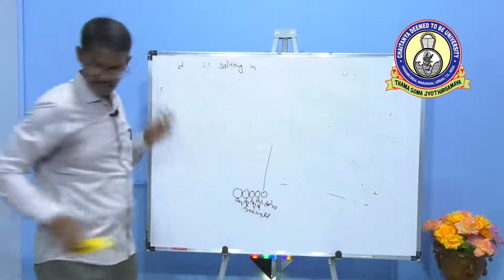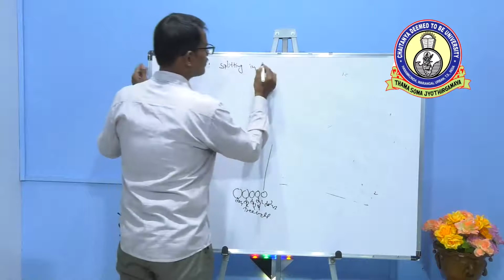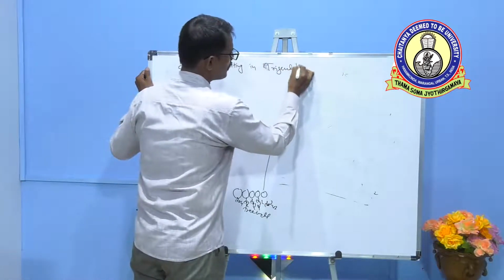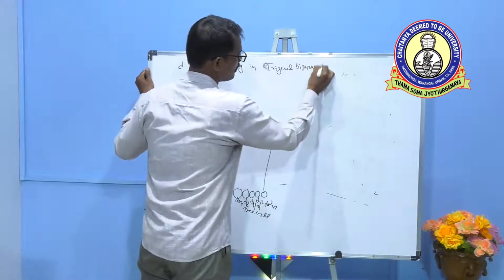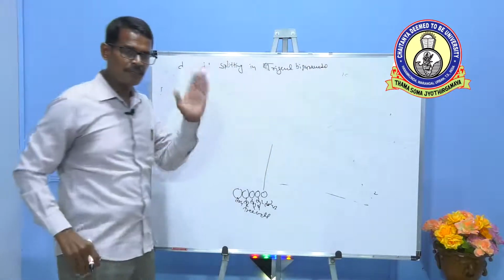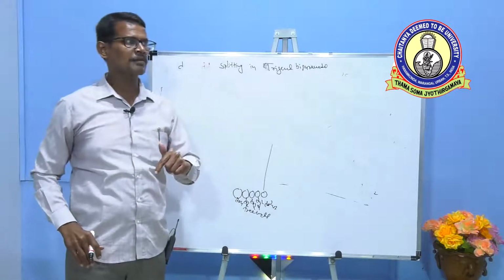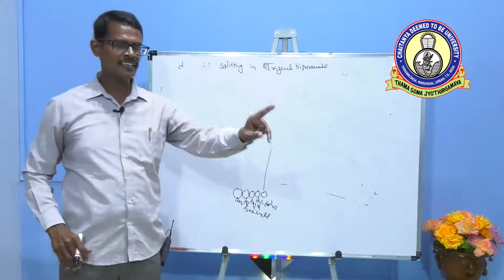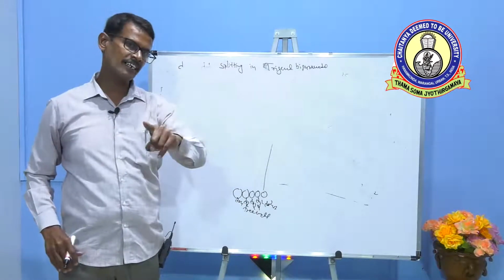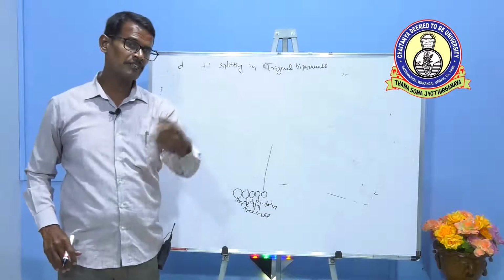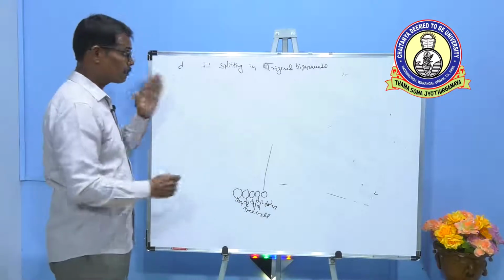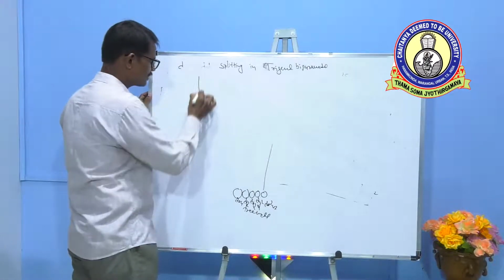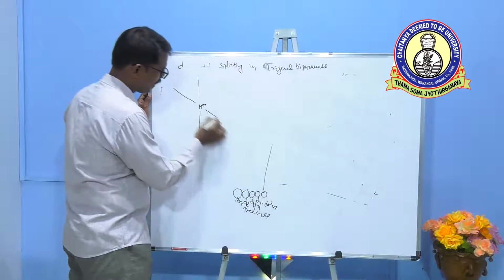Now consider d orbital splitting in trigonal bipyramidal. Up to this complex, if we observe, the donor atoms are present either along the axis or in between the axis. In octahedral, along the axis. In tetrahedral, in between the axis. Square planar, square pyramidal, also along the axis. But in trigonal bipyramidal, observe, the metal ion is present at the center of the coordinating axis.